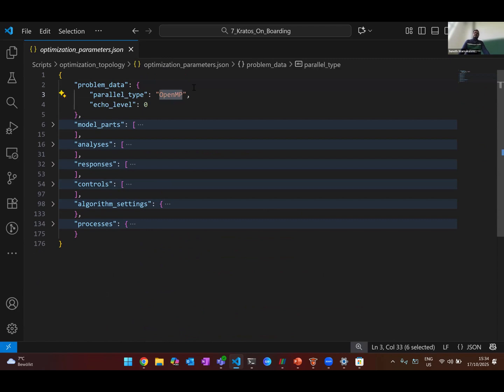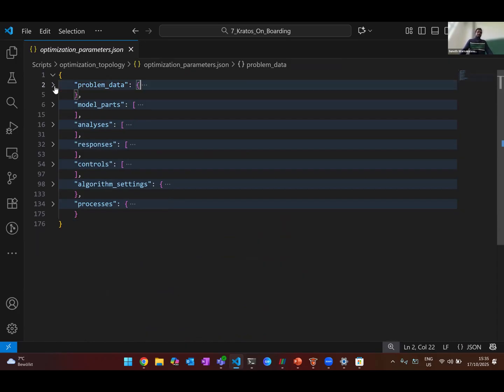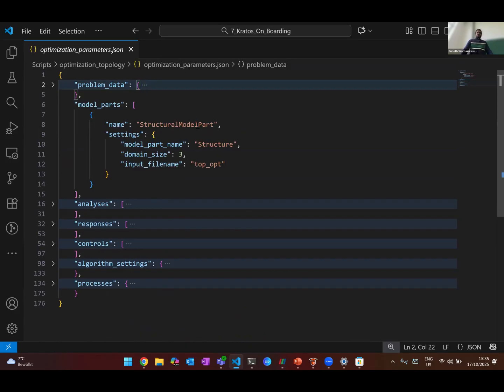And then you can have OpenMP and MPI. But MPI is still experimental for optimization. We are working on it. OpenMP is there and working. Then model parts. You need to tell where to read the model part. Now, the thing is, the structural solver doesn't read the model part because the optimizer needs to update the model part also, right? Let's assume shape optimization. Then the optimizer needs to shape the nodes, right? When you get to a better design, that means the optimizer needs to have control over the model part. Because of that, we read the model part in the optimization settings, not in